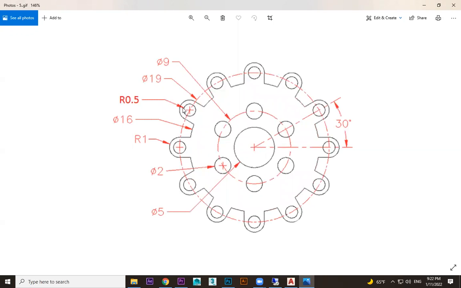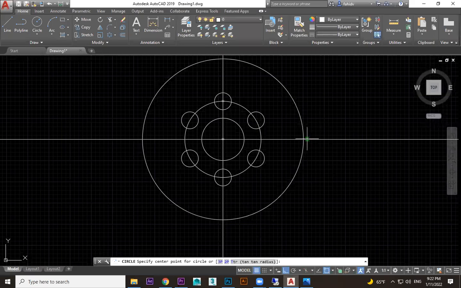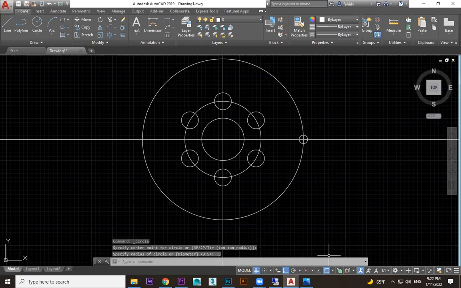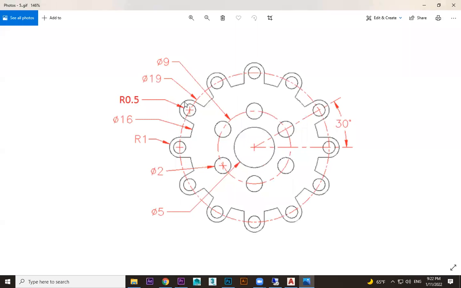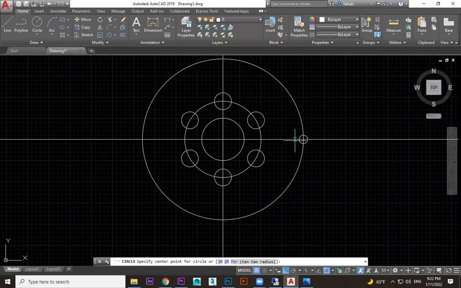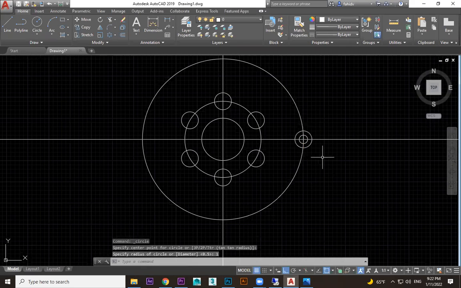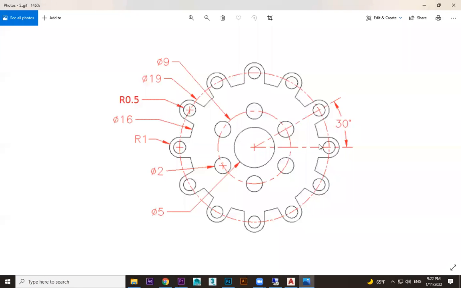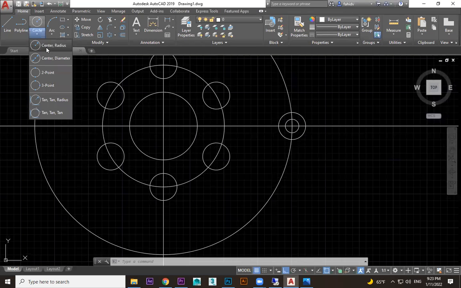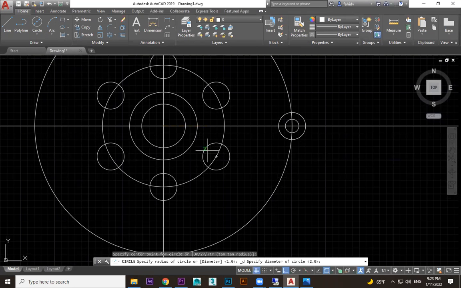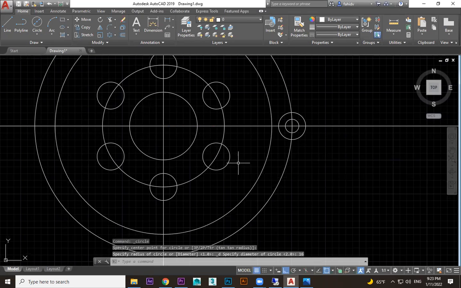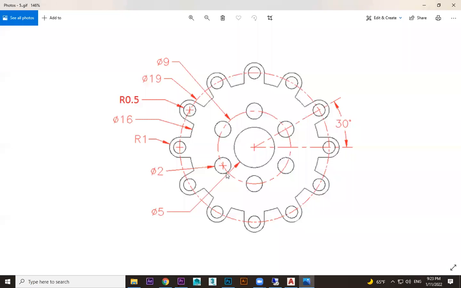So we have a small circle which is 0.5 radius. So radius is here, 0.5 radius. And the big circle is given where? Here, 1 radius, right? So we draw 1 radius on here. Now what else is the value given? There is one circle that goes over here. What is that? 16 diameter. So we choose that 16 diameter. So all this information is given. So until that we have done.